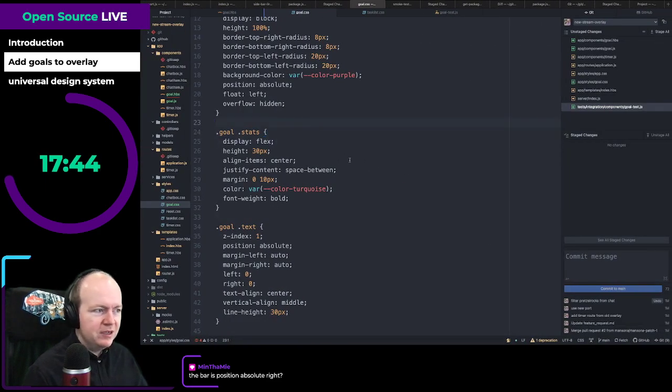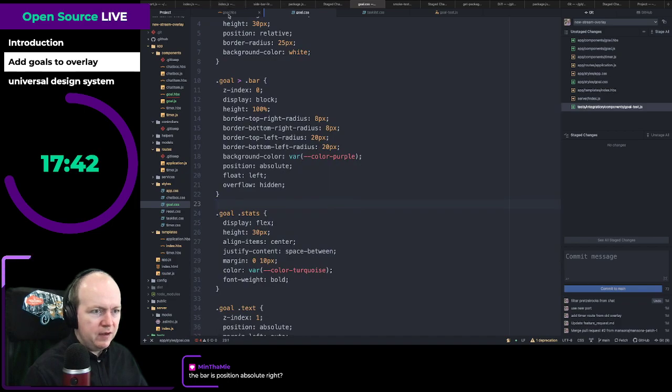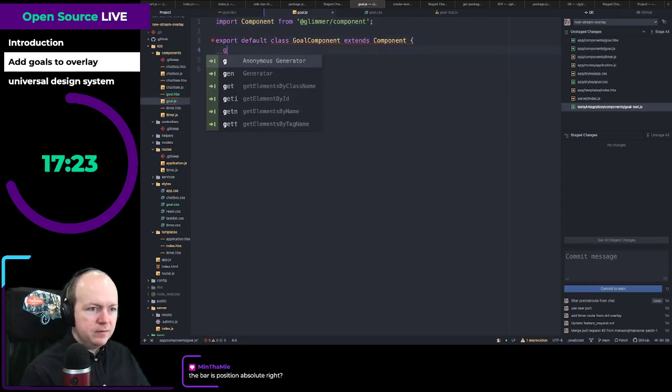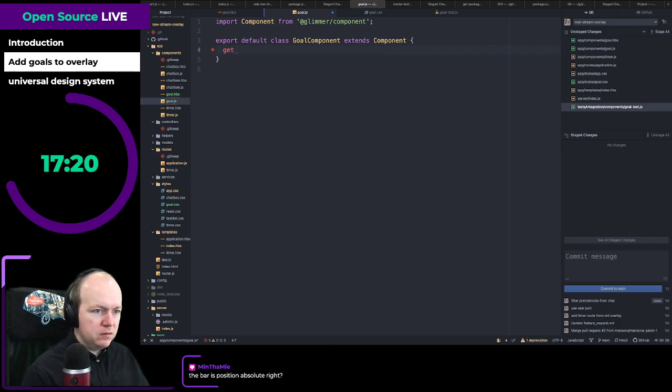Okay, so the last thing that we have to do: we're passing in current and target, but the width shouldn't be based on that, it should be fixed. So we're going to go in here. I'm going to do a getter. Completed. Return this dot args dot